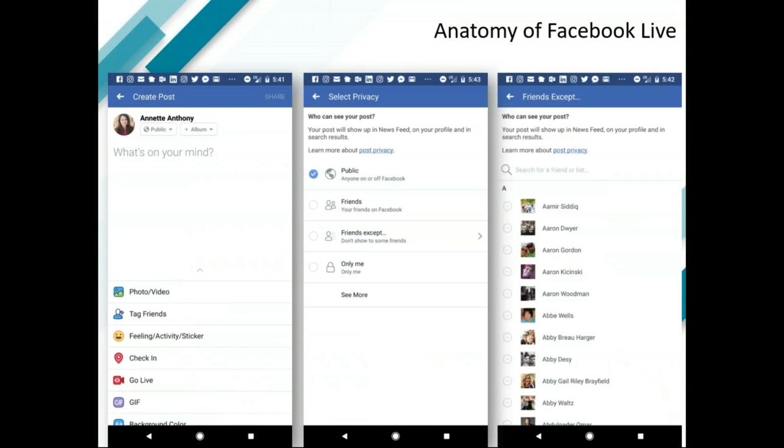So let's talk about the privacy settings. On the left-hand side of our slide here, you're going to notice that you have your privacy settings. I'm going to go ahead and circle it. You'll see public. Now you can choose who views your Facebook Live broadcast. Real simple. By clicking on the public icon, your options expand. So let's take a look at that right in the center of the screen. This gives you the choice to allow the public, so that's anybody, even if they're not connected with you.